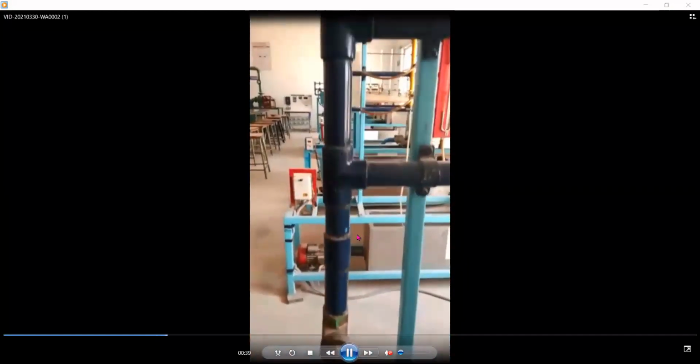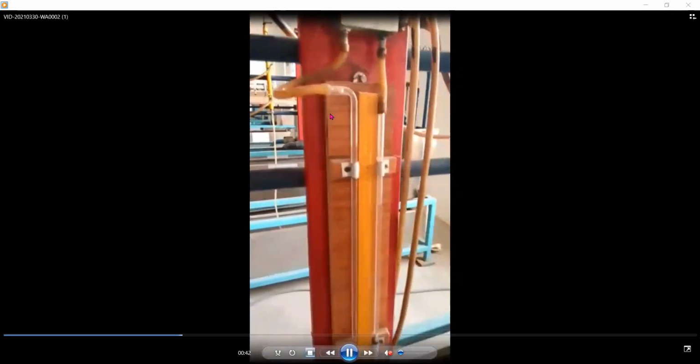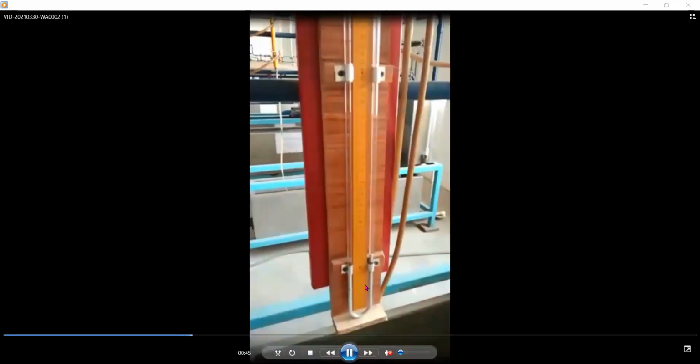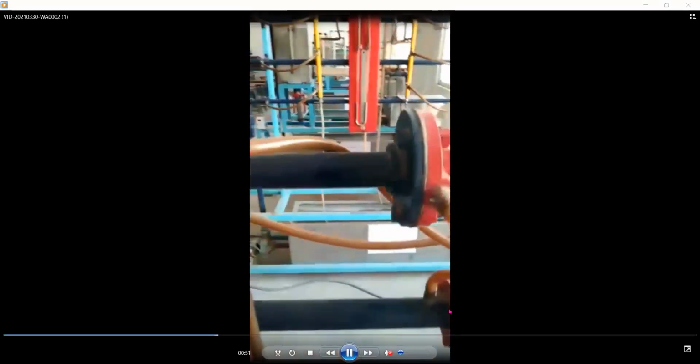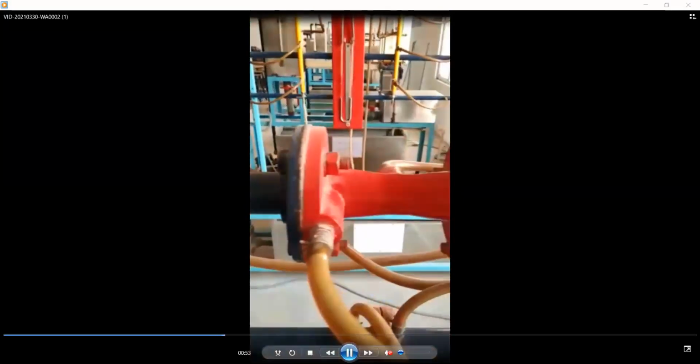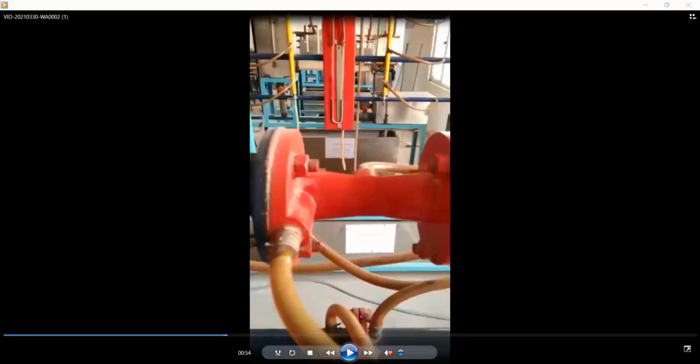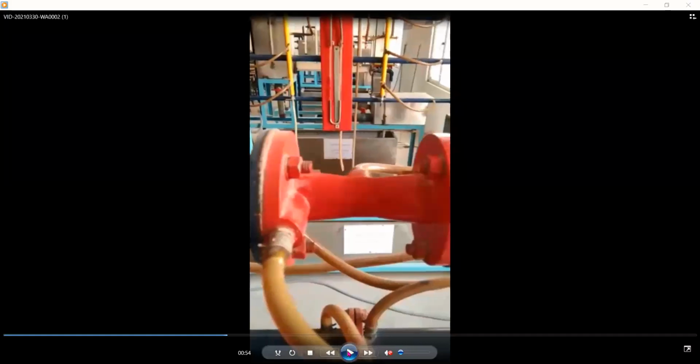Two pipes, one connected to the venturimeter, one connected to the orifice meter. This is your U-tube manometer with manometric fluid as mercury. These are the pipes connected to the venturimeter as well as the orifice meter. The bottom one is your orifice meter. See here, just a very small thin gap is there where we have a thin plate with a circular hole. This pipe is your outlet, nothing but the second pipe. This is the first inlet pipe, connected to the pipe before the orifice and after the orifice.